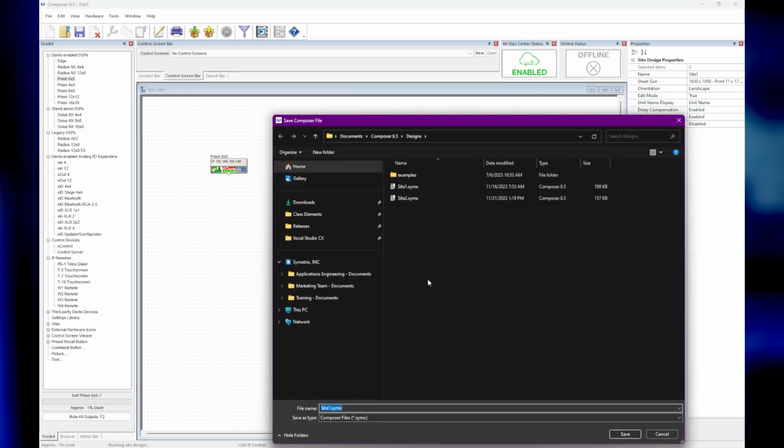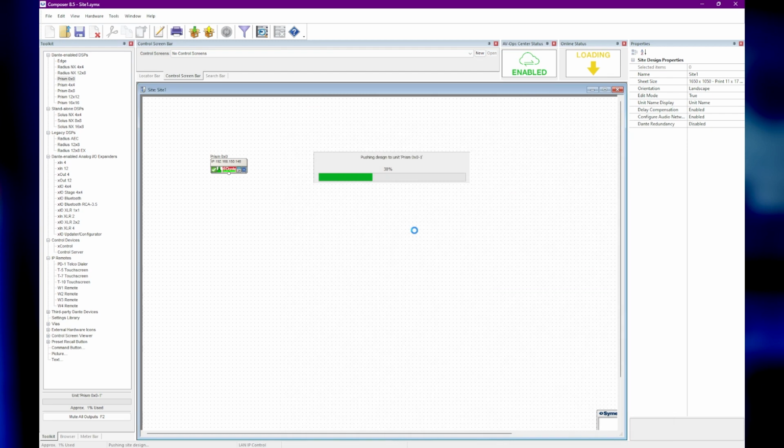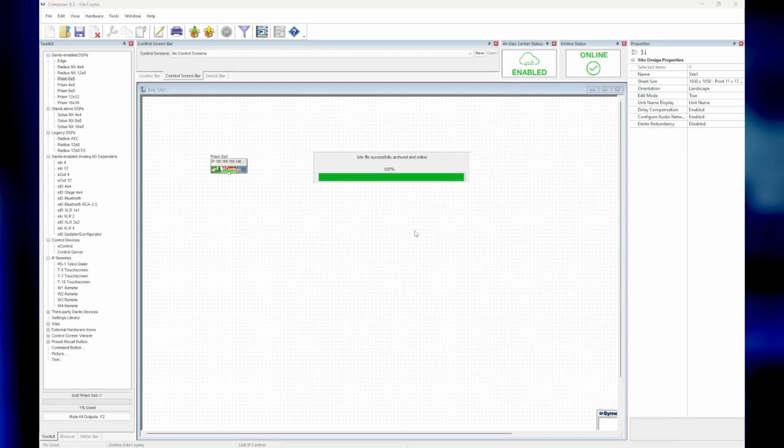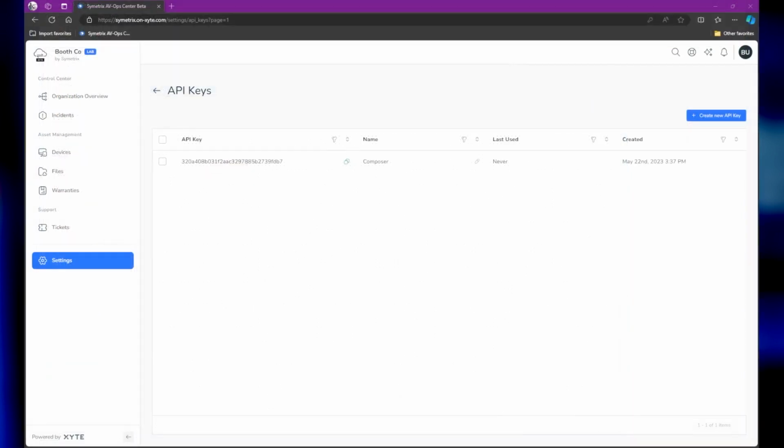Click OK to push. Let's save a copy of that site. And now we are pushing. And the site has been successfully pushed and is online. And it, in fact, is now reporting state up to AV Ops Center. So let's switch back to AV Ops Center